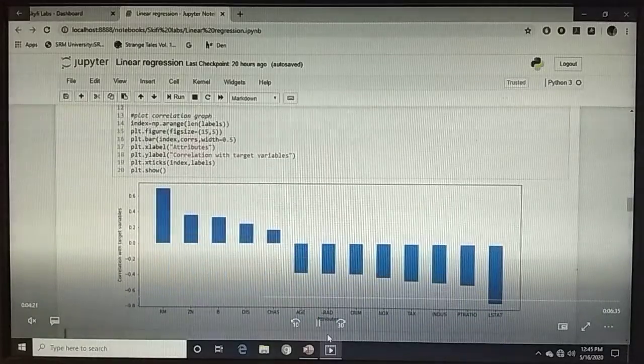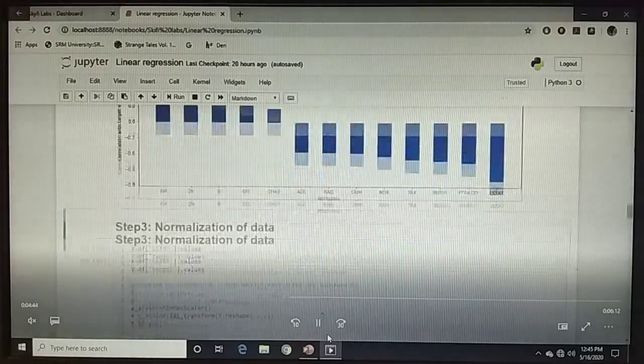Then I need to normalize the data, and I will use the LSTAT feature, because the target value is affected by it the most of all the attributes.